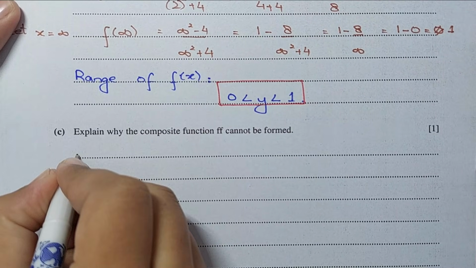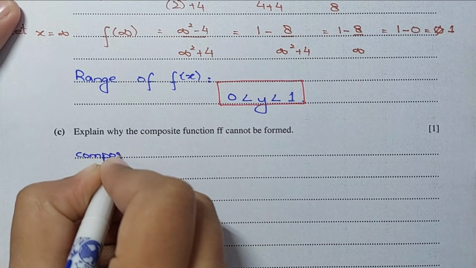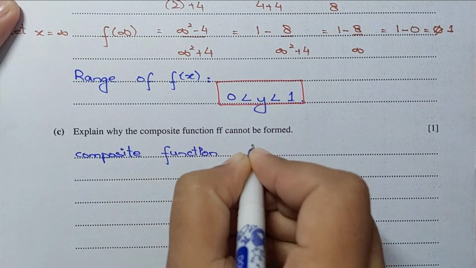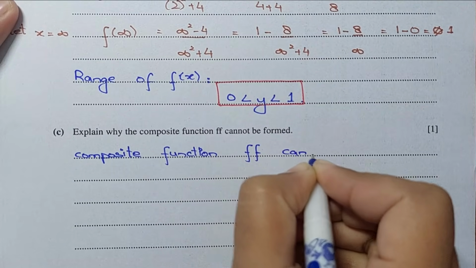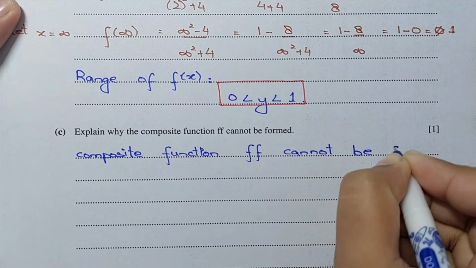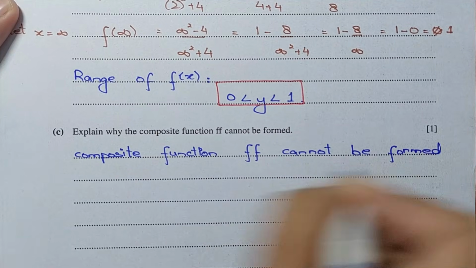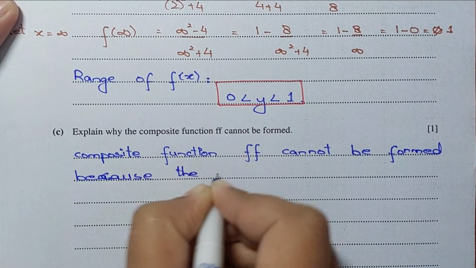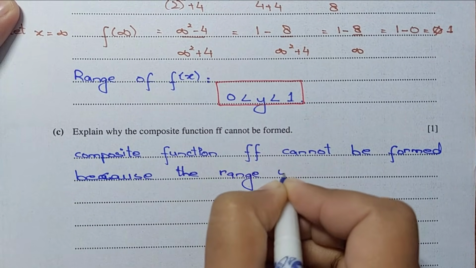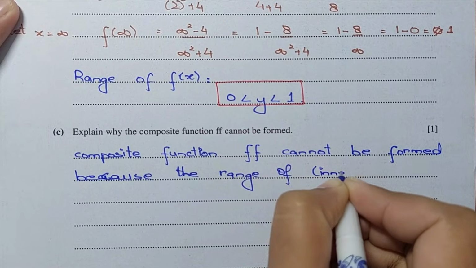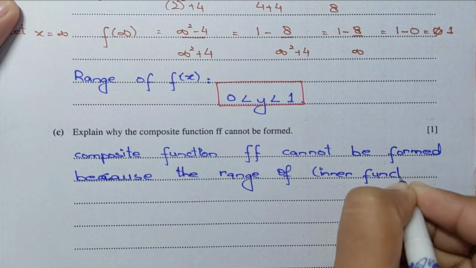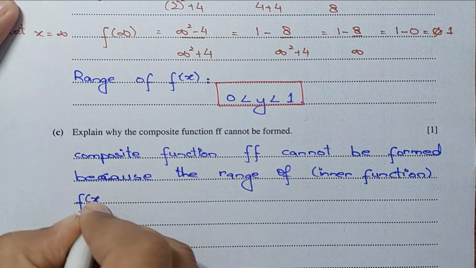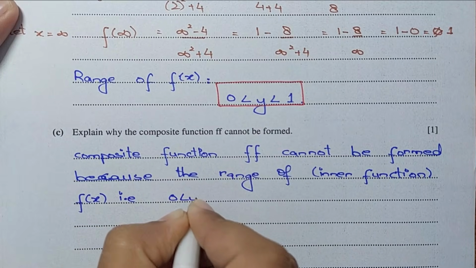So we can say composite function ff cannot be formed because the range of inner function. What is the inner function? Inner function is f. The range of inner function f of x, that is between 0 and 1,